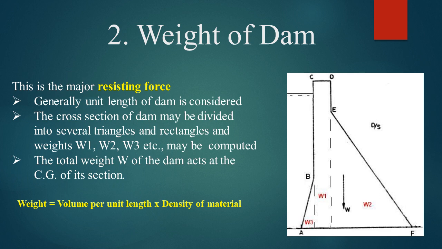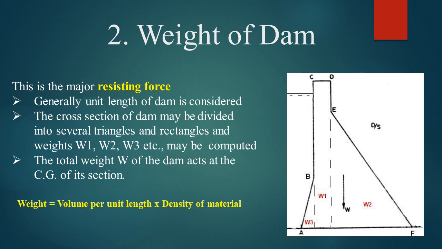Okay. So next one, we have to calculate the weight of the dam. We cannot neglect that part, because a huge amount of gravitational force, or the weight due to the gravitational pull, will be acting on the foundation, right? So we also have to calculate this weight of the dam. All the weight, or the gravitational force, is acting in a downward way, right? So we have to keep that in mind. The weight of the dam will be in a downward direction.